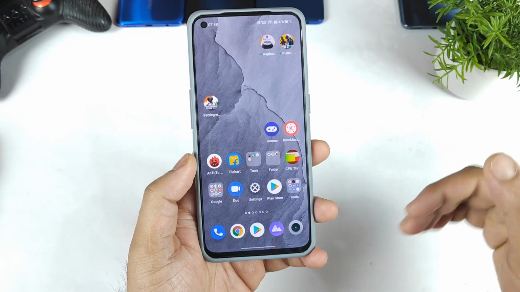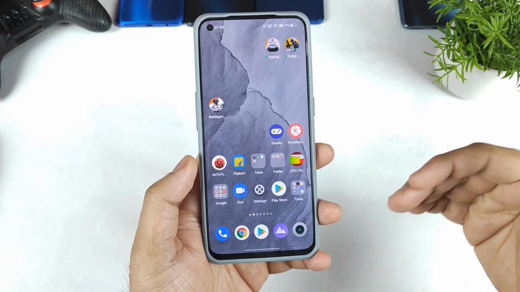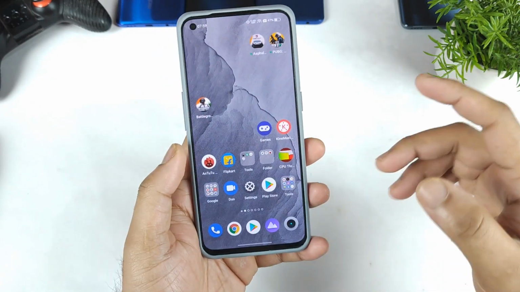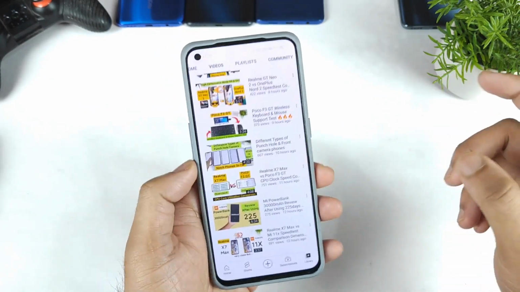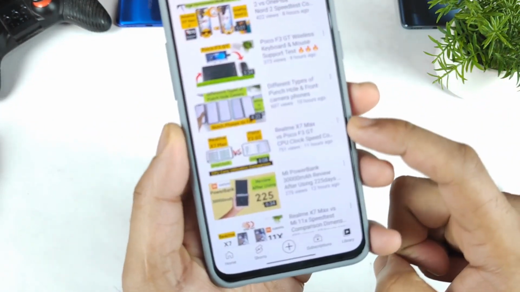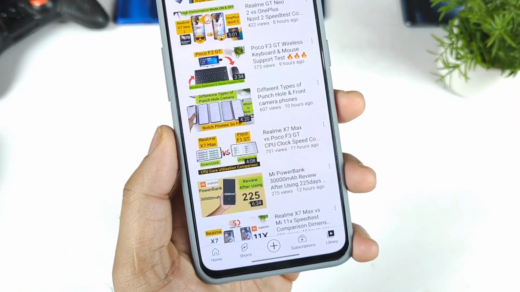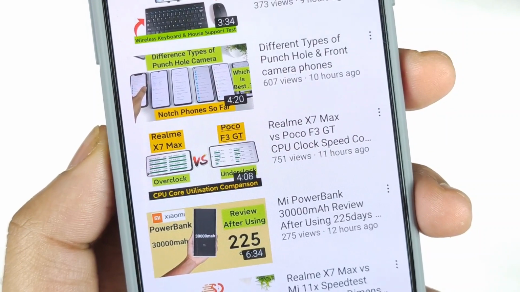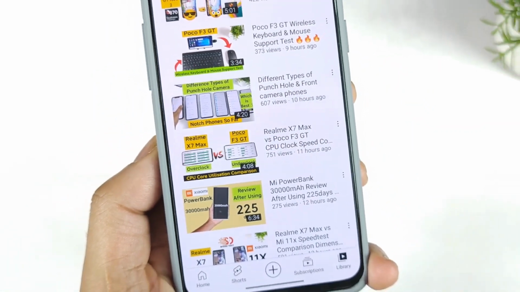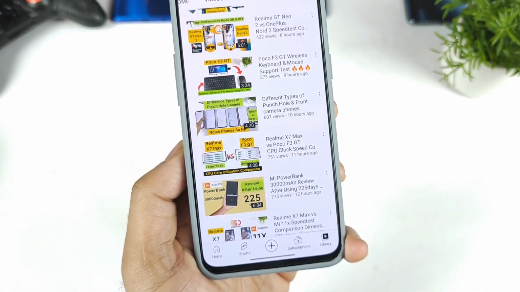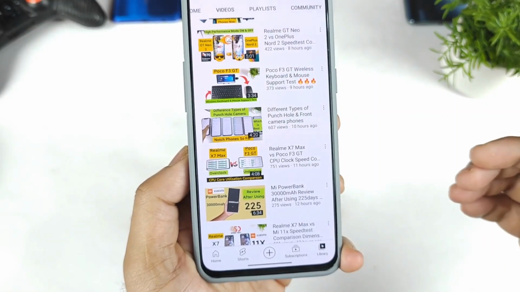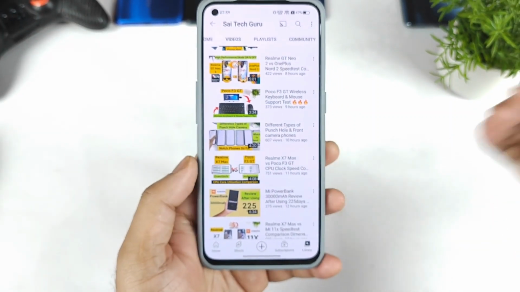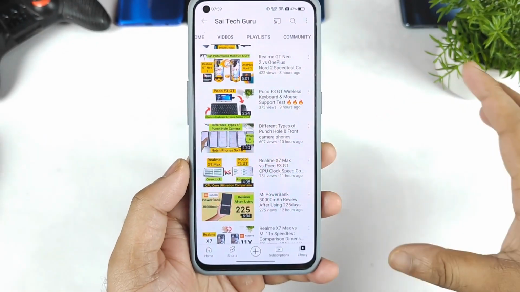In this video I'm going to show you the CPU cores and utilization in the Realme GT Master Edition. Just yesterday, friends, I uploaded a video on the Realme X1 Max and Poco F3 GT, as you can clearly see, regarding the CPU clock speeds utilization. After watching that video, a lot of users asked me the question: what about the Realme GT Master Edition? So obviously, the Realme GT Master Edition's 8 cores are reacting after the Realme UI 3.0 update, with and without using GT mode. That's what I'm going to explain in this entire video.